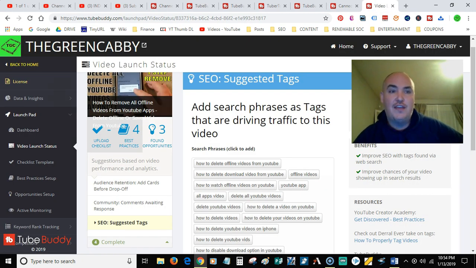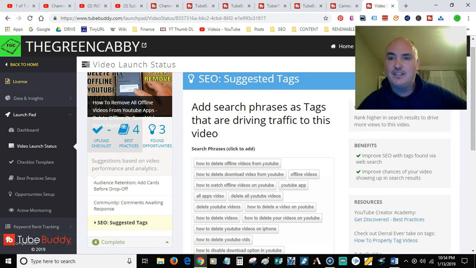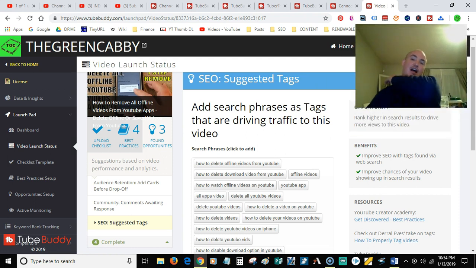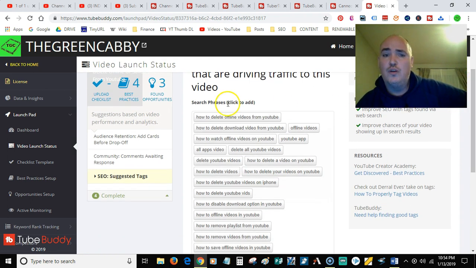And one other thing that is an upgraded feature, which is spectacular. Like I said, I have some of these programs that you pay a lot of money for that give you long tail keywords and all that kind of stuff. Well, the great thing about this is they have SEO suggested tags. Now, these tags are actual long tail keywords and tags that are showing up in search results for this video and videos like it. And these are the highest searched long tail keywords and keywords that are